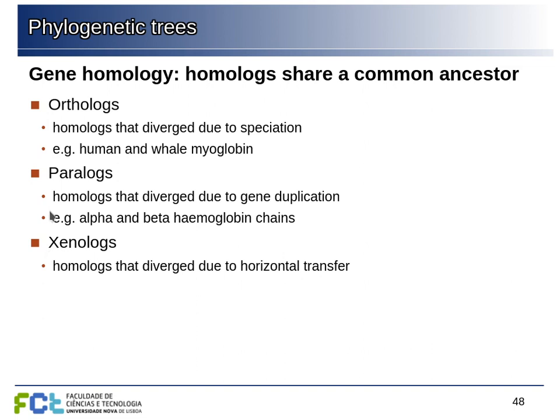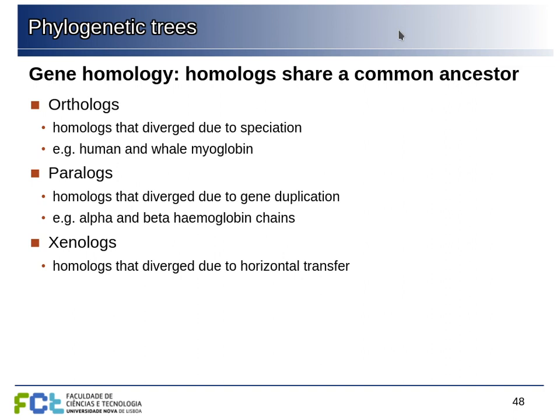We can also have paralogs which diverge due to gene duplication inside the same lineage. For example, we have several different hemoglobin chains, and these all occurred because of gene duplication in our lineage, and the different proteins then specialized into different roles. Xenologs are homologs that diverge due to horizontal transfer. We have lots of leftover parts from viruses, for example. There are some transposable elements that can pass between different species and so on. So this can also happen.